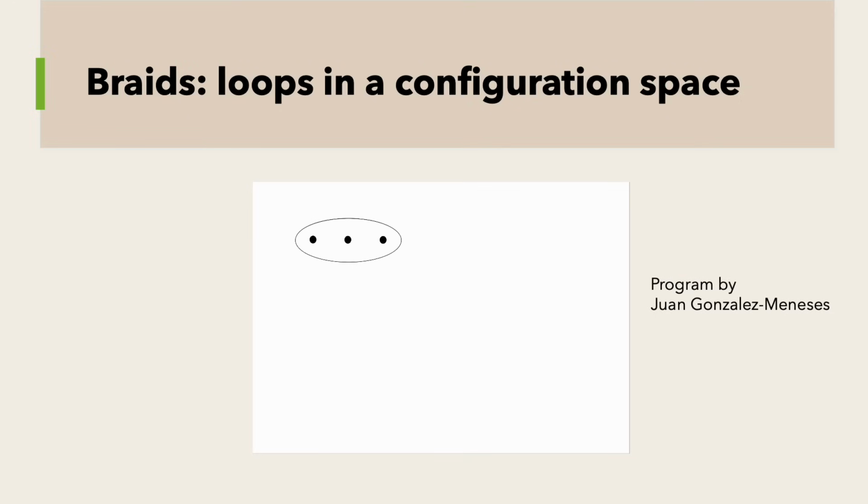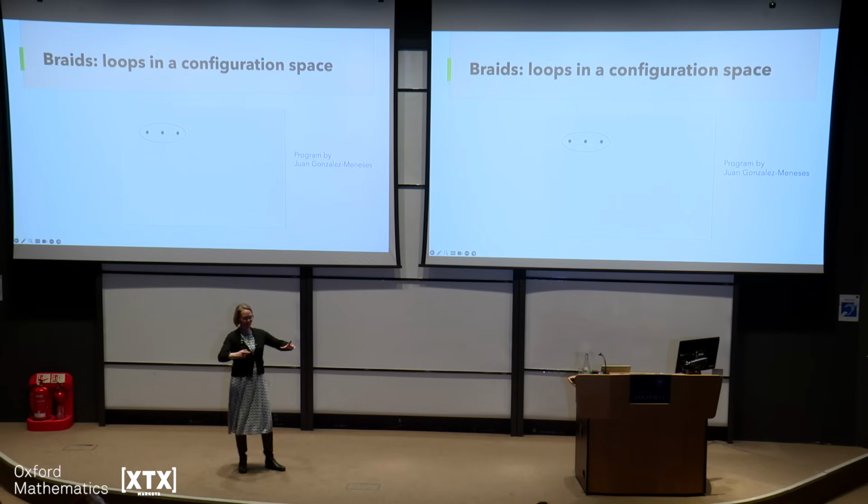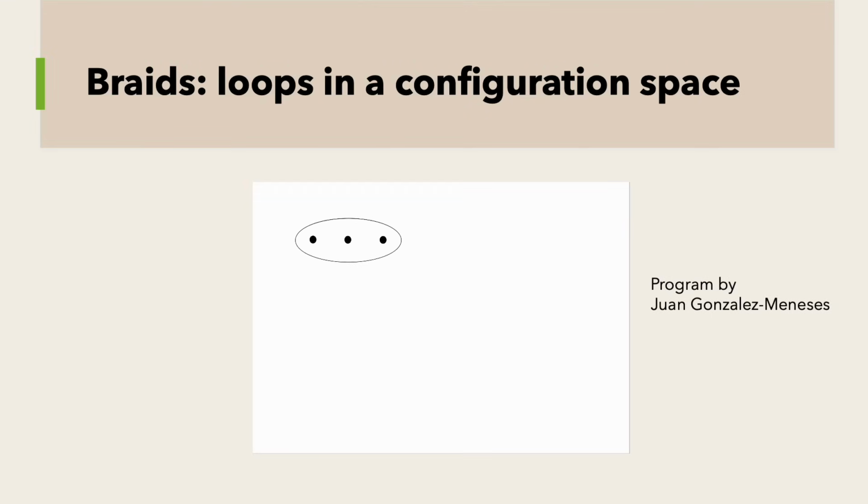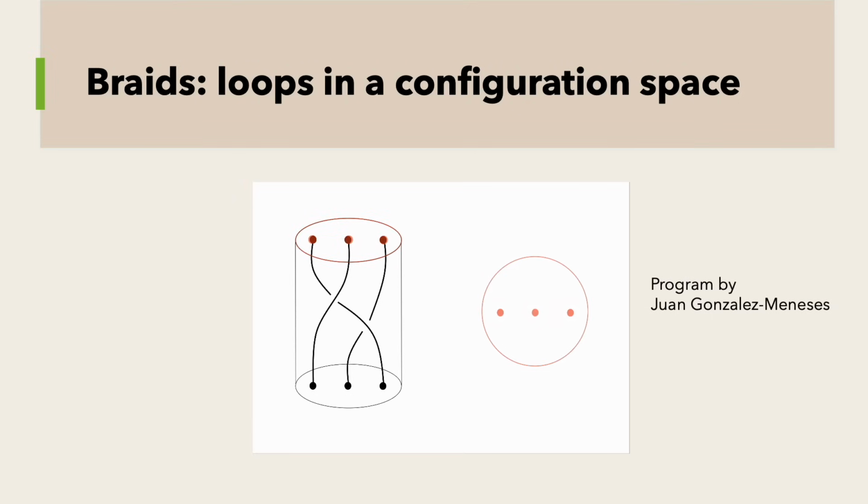Now here, I haven't drawn the whole plane because I don't really need to, but I've got 3 points. I'm just going to focus on a disk, right? Just a little neighborhood of those points. You can imagine this is the whole complex plane extending out, but you'll see in a minute why I just want to focus on a little neighborhood here. And think about watching a movie of those points moving around in this space. So you don't have to think about it because I'm showing it to you, right? And here,